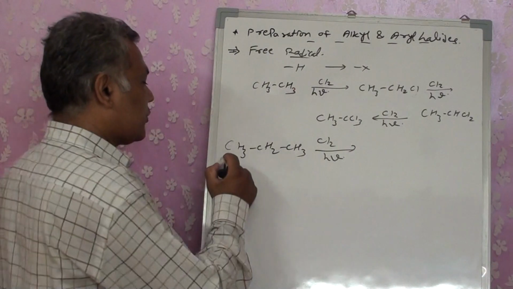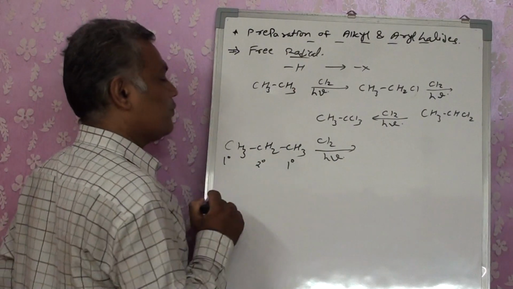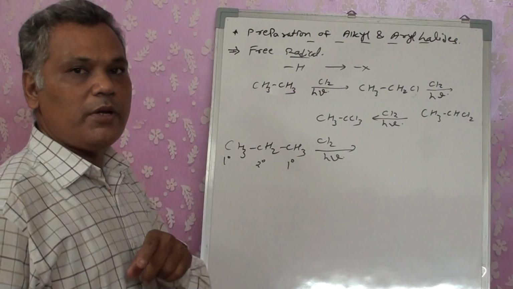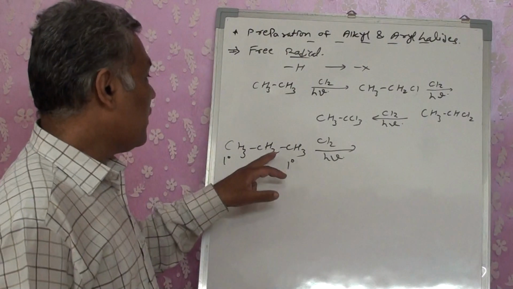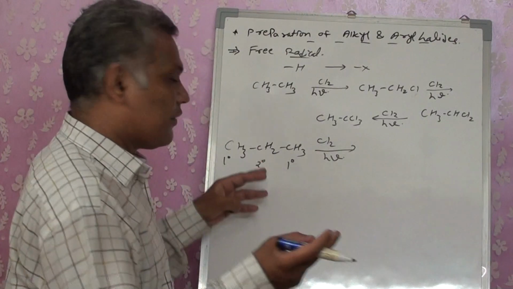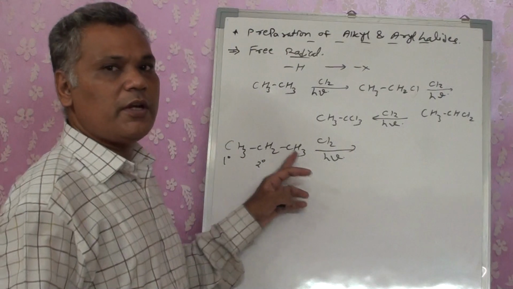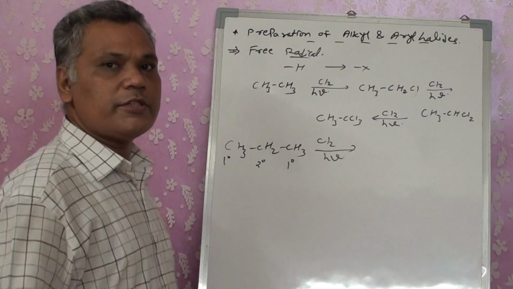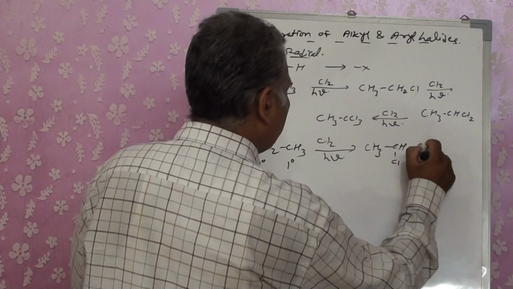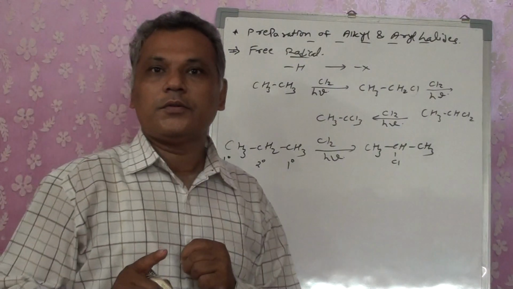So here it shows that this is primary carbon, this is secondary carbon, this is again primary carbon. So as per the rules, first of all secondary and then primary. Now if you don't remember which is primary, secondary, tertiary, our second factor which I gave you is that this has 2 hydrogens, 3 hydrogens, 3 hydrogens; the one with lesser hydrogen is replaced first. So you will get the reaction product CH3, CHCl, CH3. This is known as Stephen's rule, right?